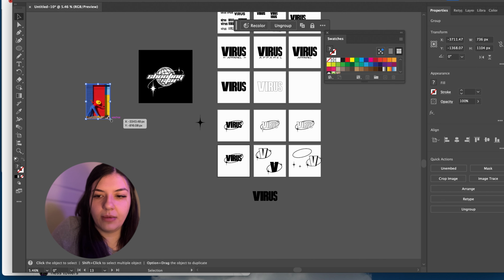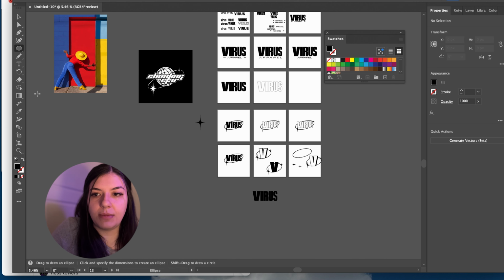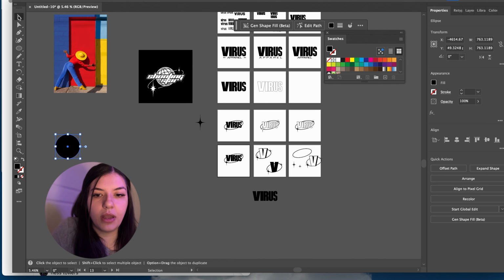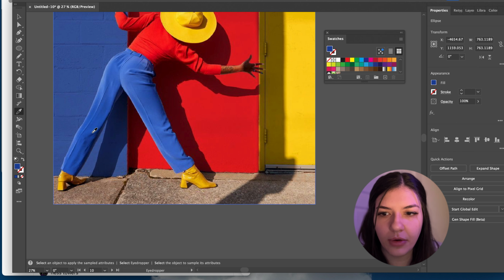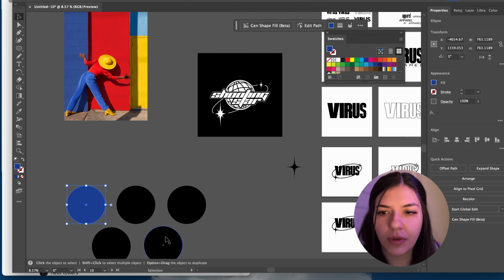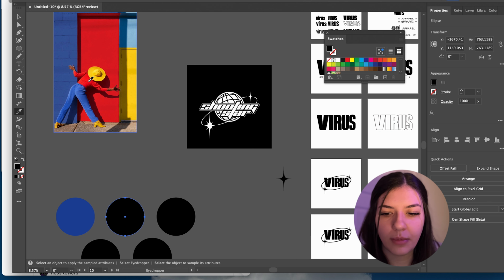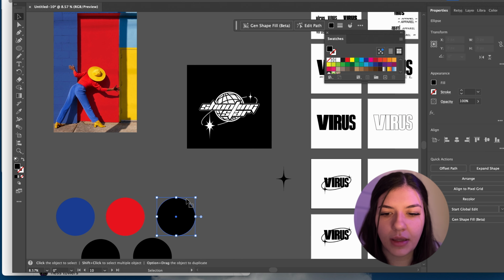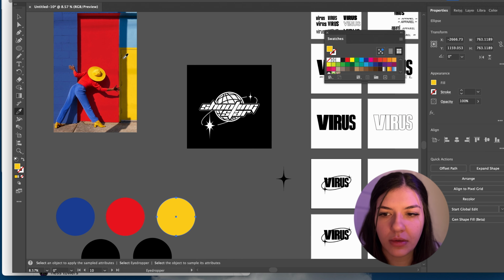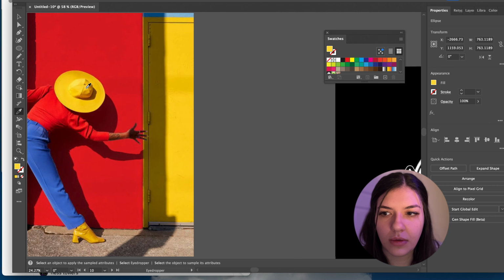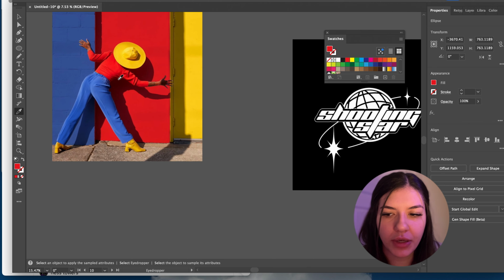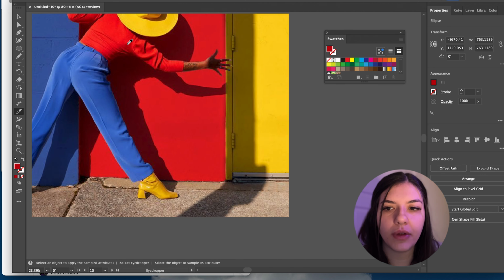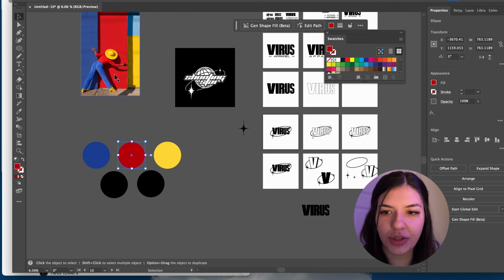I'm going to make 5 of them because I'm going to do 3 of those, which is going to be 1 blue, 1 green, and 1 yellow. And then we're going to keep a black and a white. I think I'm going to go for a deeper one, maybe off the pants here. Yeah, perfect. And then we're going to go for the bright red, and the yellow as well. I want to play around and see if we can get a little bit of a darker shade of red in here. Yeah, perfect. I just took it from the shadow off of the woman's shirt.